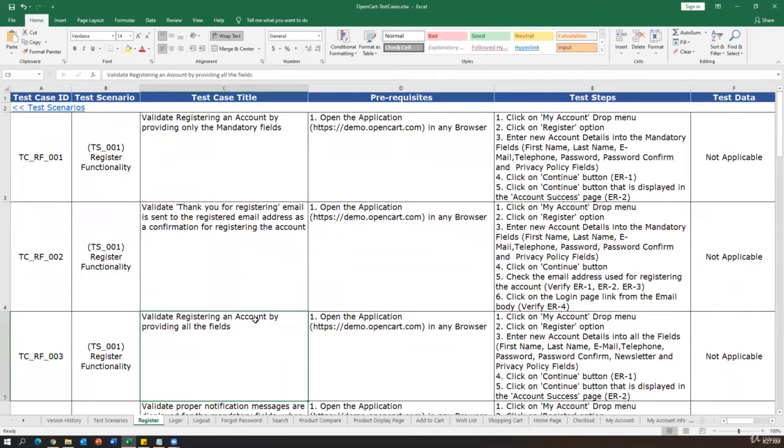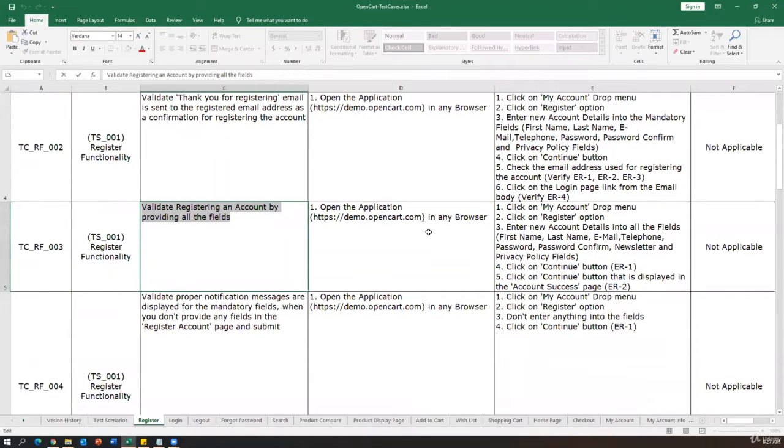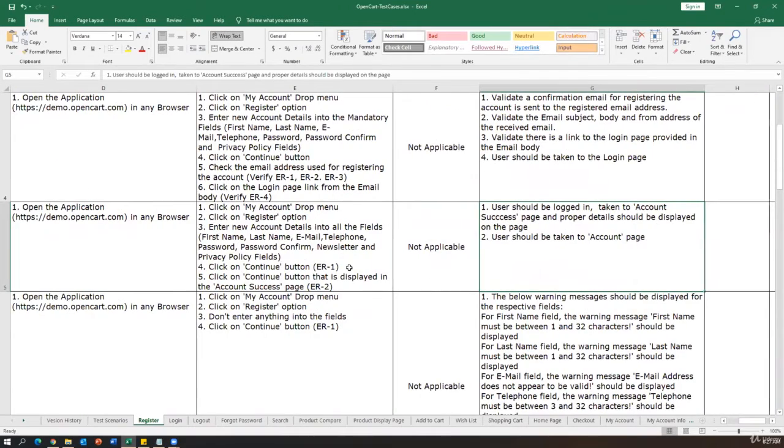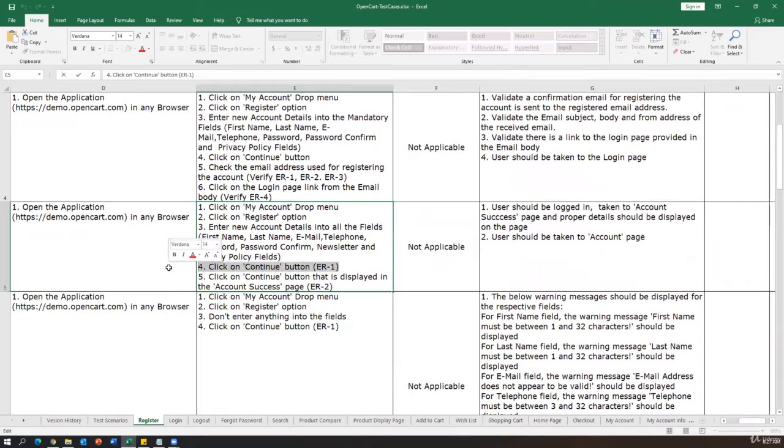Validate registering an account by providing all the fields, including mandatory and non-mandatory fields. Again, same prerequisite and same steps, but here we are going to provide mandatory and non-mandatory fields. What is expected here is, when you perform the 4th step, click on the continue button, the first expectation is user should be logged in, taken to account success page and proper details should be displayed